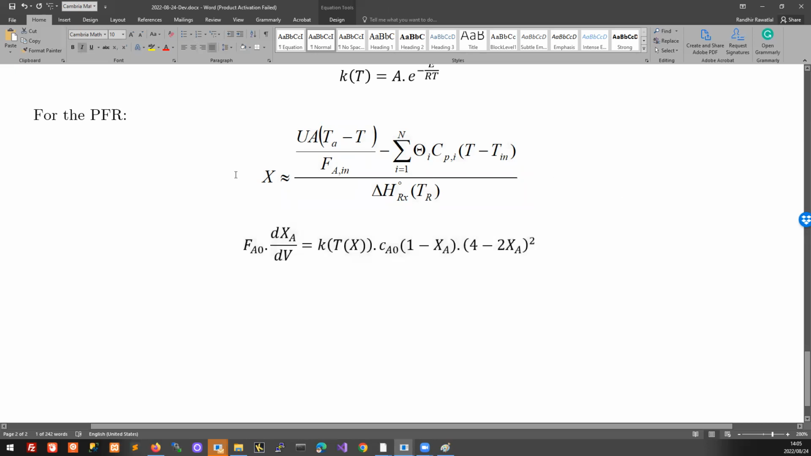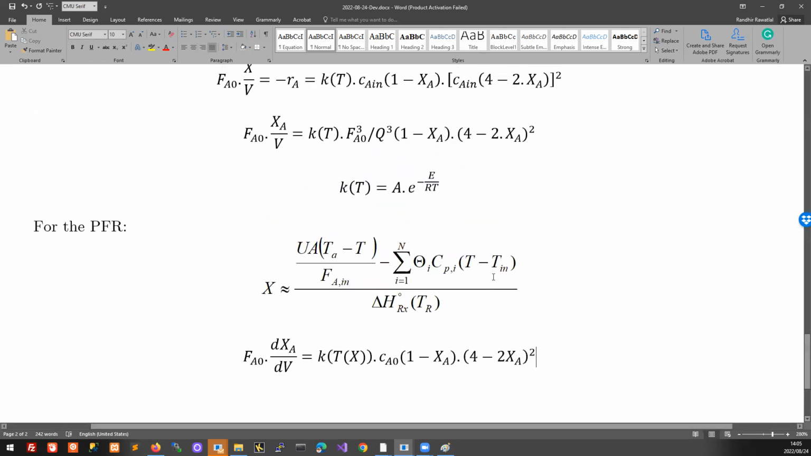The other nice thing is when we derived this relationship, we didn't use anything about the reactor. And so this equation always holds. So we can always relate temperature to conversion like this. Okay, any questions or comments there? Okay,